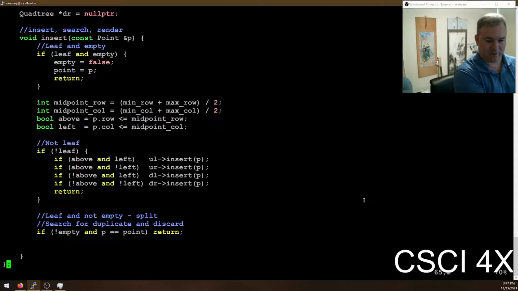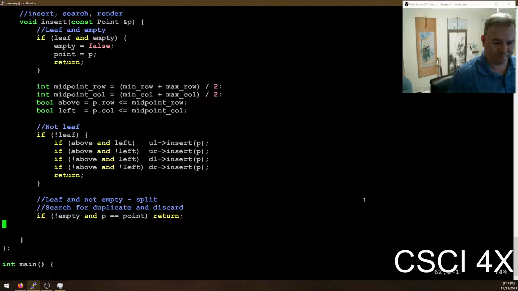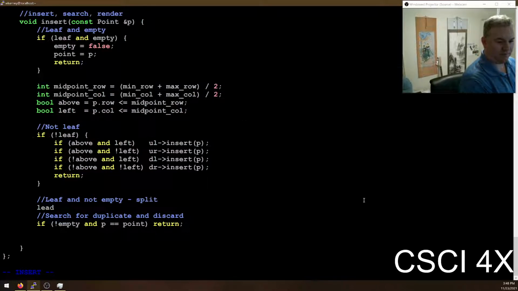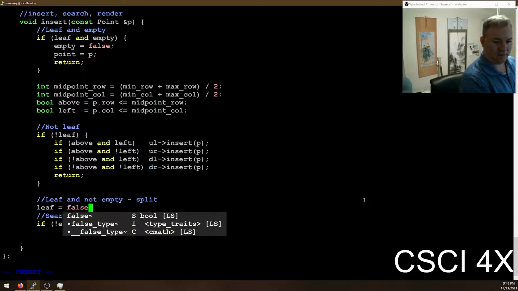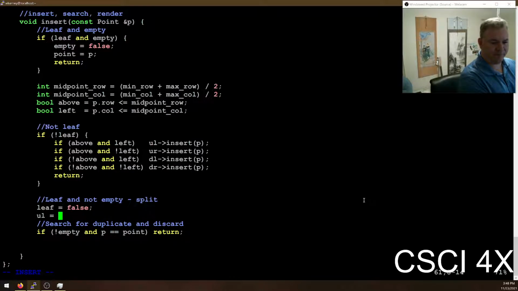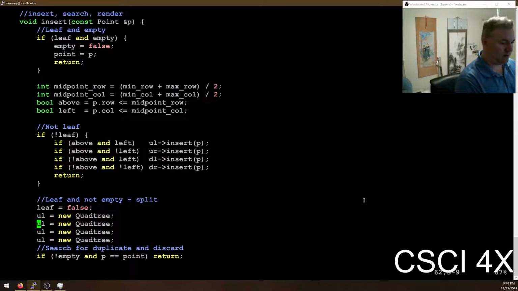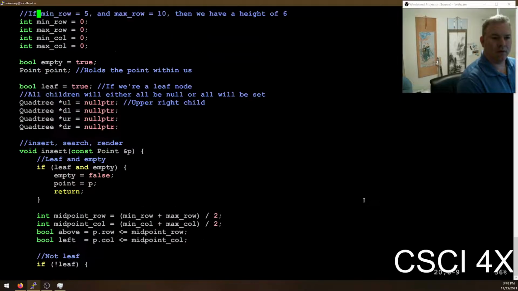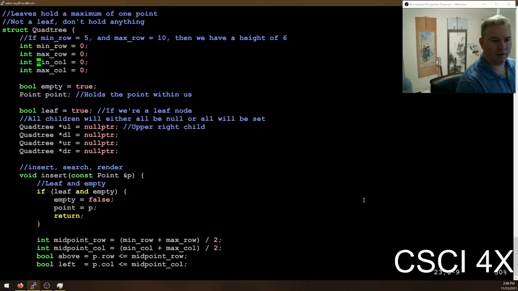And then the split. Let's handle the splitting. Okay. So if we're not a leaf, we just pass it off. And then if we're going to split, then we need to set leaf equal to false. Okay. So if we're going to split, we're not going to be a leaf anymore. We're going to create 4 kids. So we're going to say upper left is equal to new Quadtree. We're going to need to pass in min row and max row,